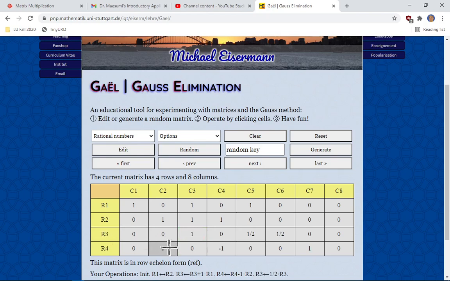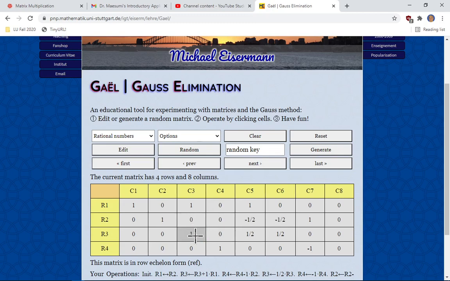Okay, now here is the echelon. If you want to simplify further, be my guest. Like, for example, make this thing row reduced echelon. Then I can use this entry to eliminate that. Use this entry to eliminate that one. Use this entry to eliminate that one. So now we have a perfect